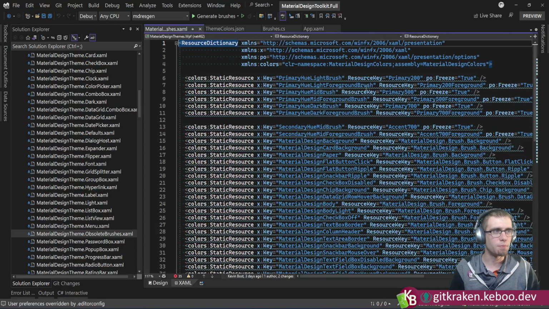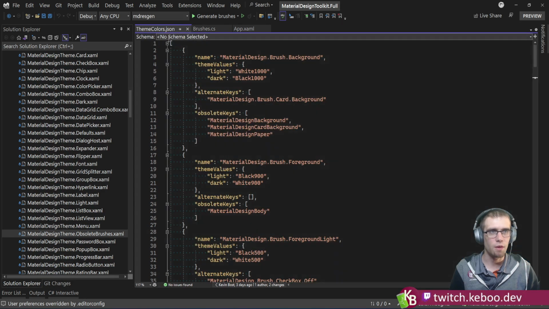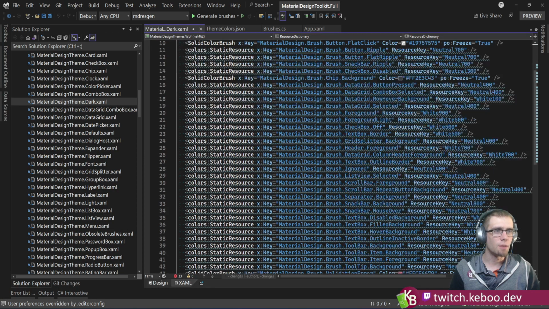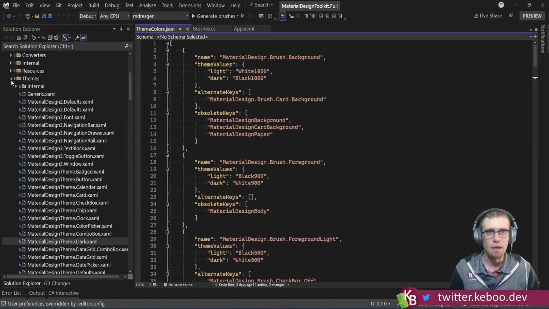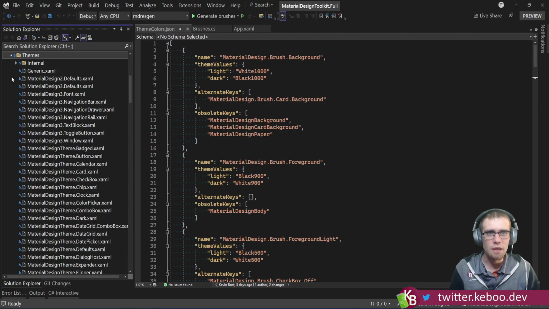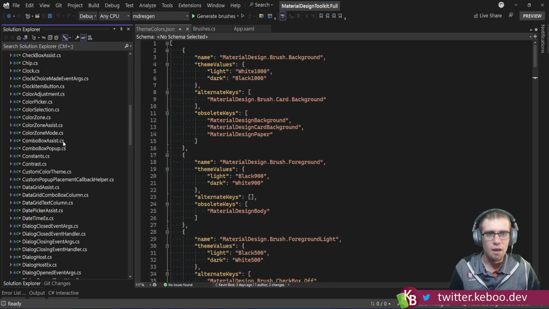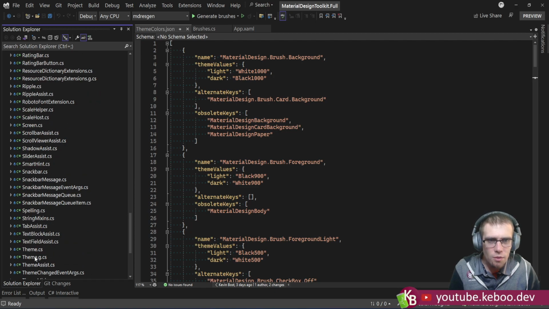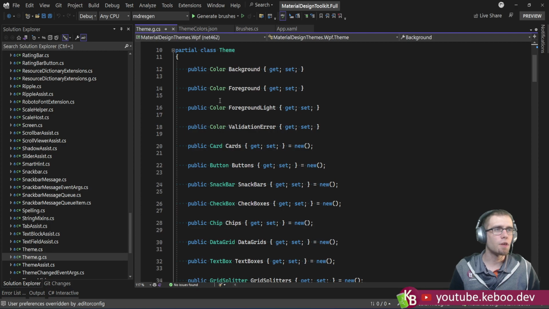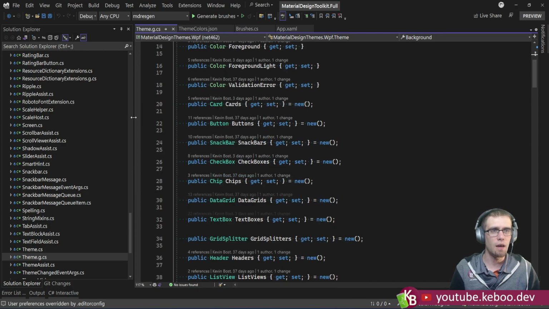So this is built and forwarding appropriately. Wonderful. That's what we want. It generates the dark and light resource dictionaries for me. Perfect. That's what we want. It creates underneath, is it here? Yeah. So it creates this file here for this theme class, and this is going to be a breaking API